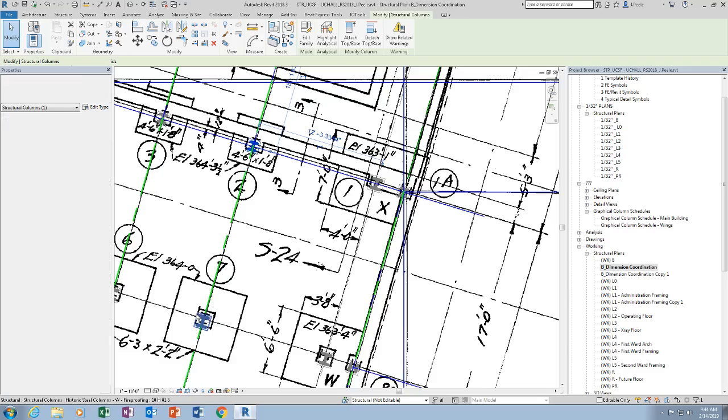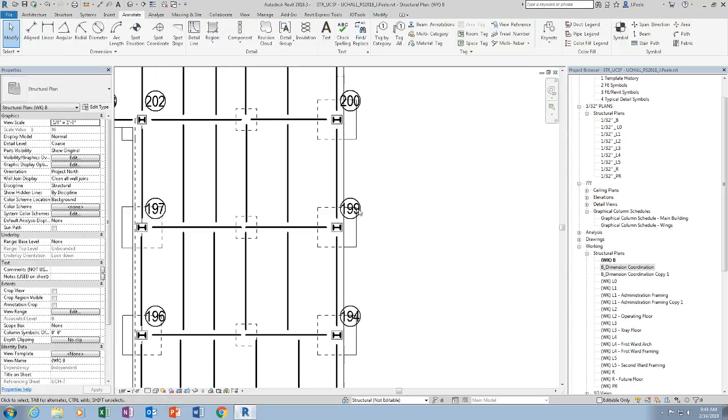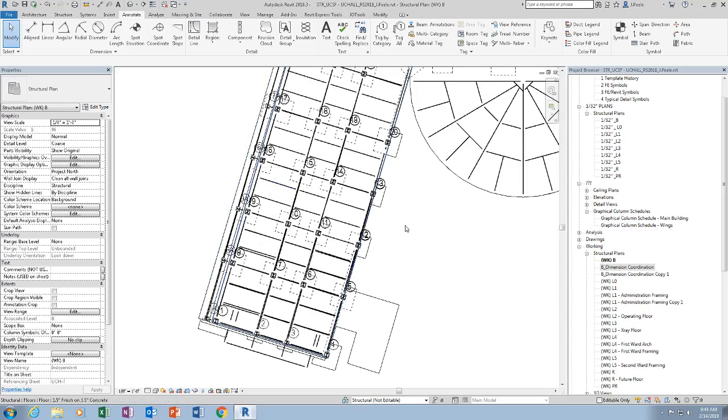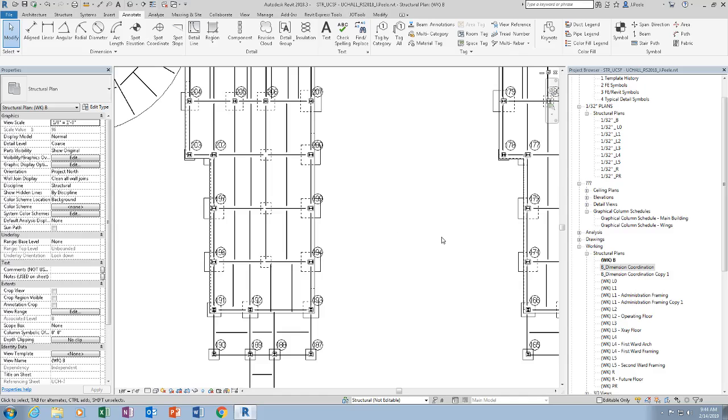mark 2, mark 7. I went ahead and already gave everything their mark. You see, here they are labeled. So 1, 2, 7, same as before. And these all go with the corresponding column schedule provided by the original architects. Got that